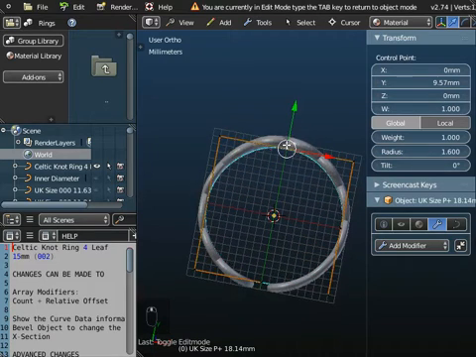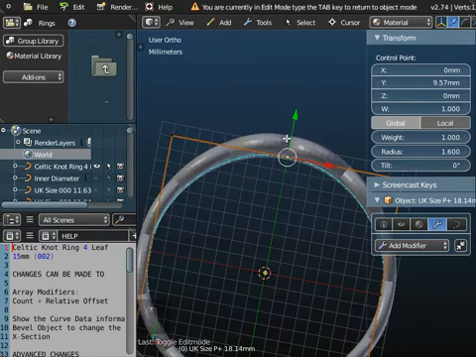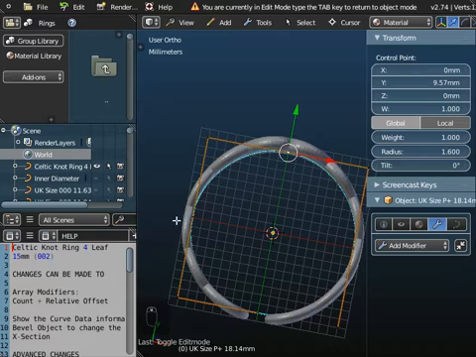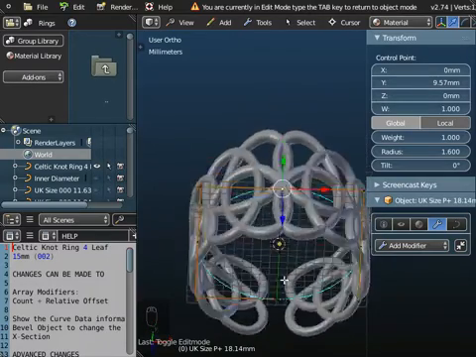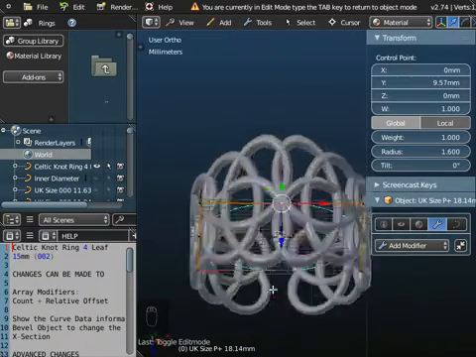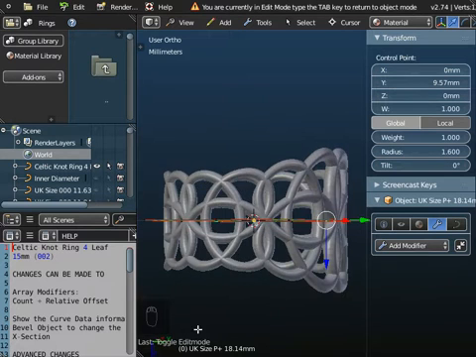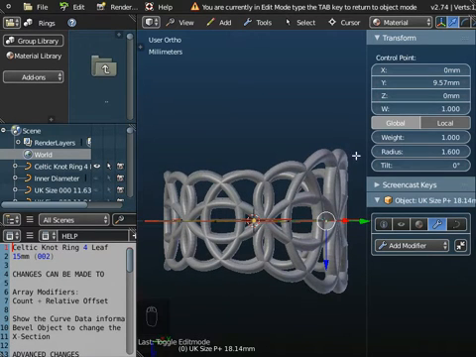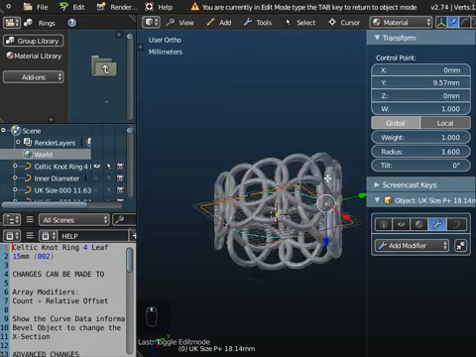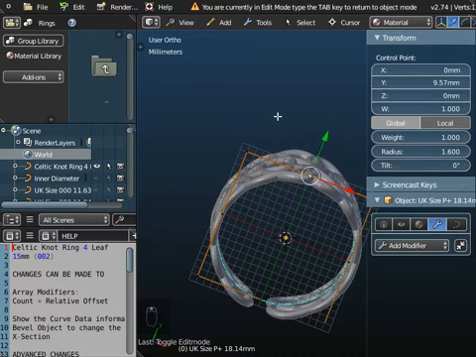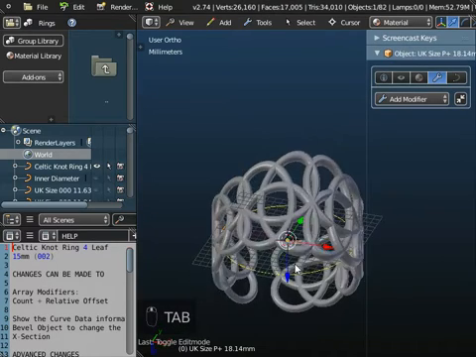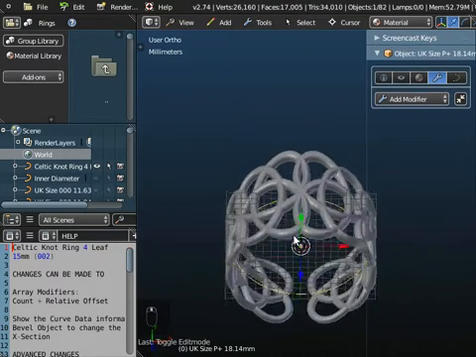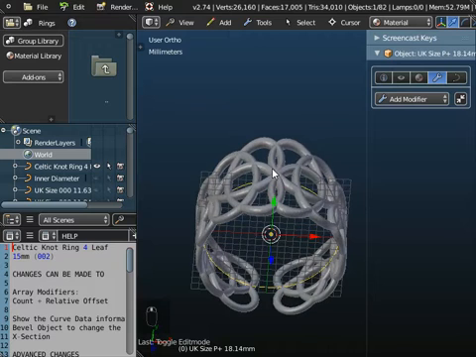Now it does add some thickness in this direction, but that's okay because our ring is 1mm thick anyway, so this will just be a little bit thicker than 1mm at the top, but that's fine. So that's one way of modifying this ring to give you that effect. So we've widened the ring basically at the top. So I can press the A key to deselect that control point and the tab key to come out of edit mode now. Now I'm going to personalize this by putting a letter M at the top here,